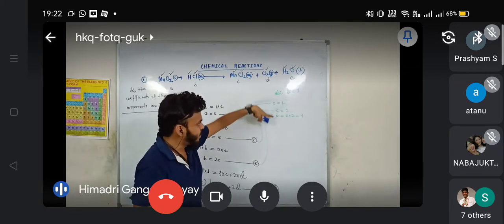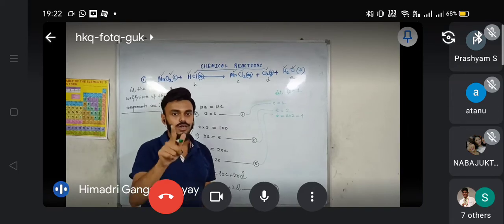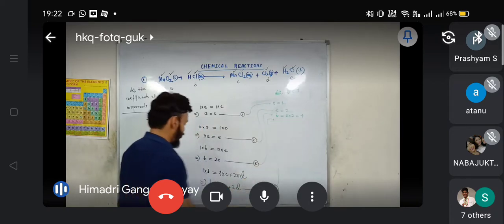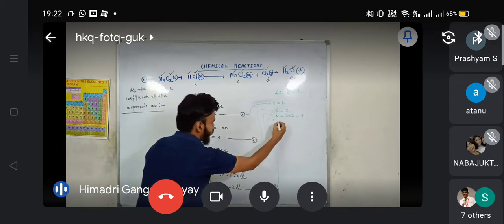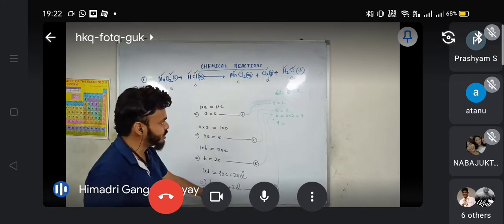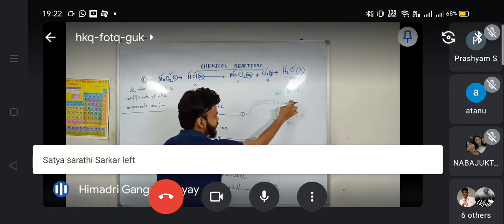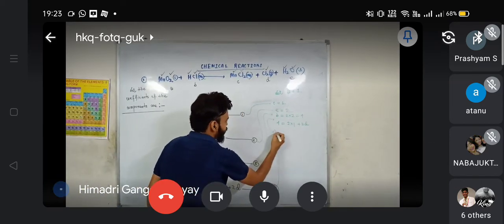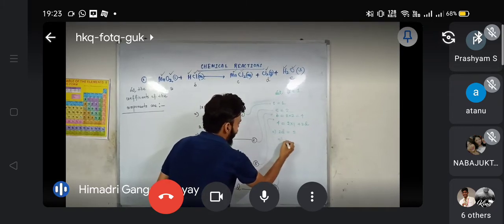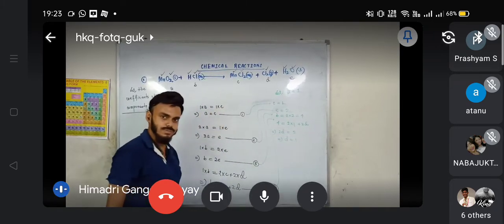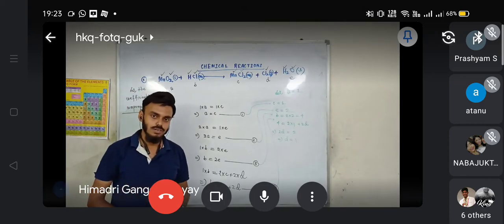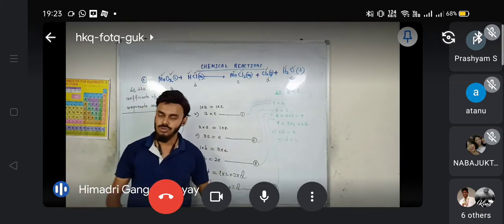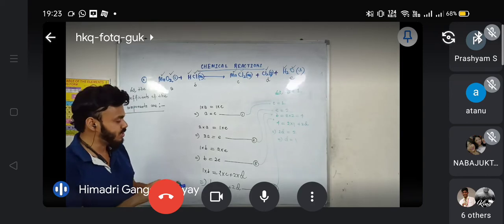So A known, B known, C known, E known, D has to be calculated now. Now from equation number 4, B, that is 4, is equal to 2C, 2C means 2 into 1, because C is 1, plus 2D, D is unknown. So 2D will be equal to 2 and D will be equal to 1. So much simple. Not only this equation, any equation, whatever be the size of the equation may be, it can be balanced using this method.